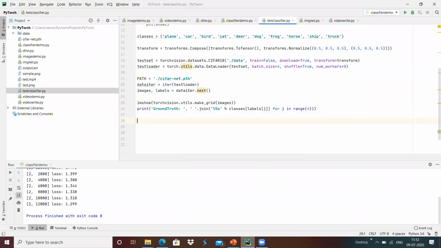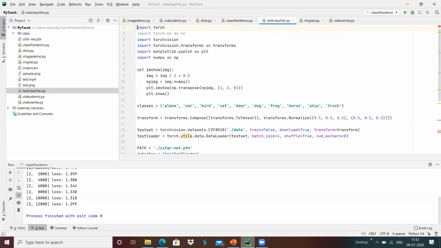Once it is done, I'm going to define net equals network over here. Instead of network, I'm going to do something like from imgnet import Net over here.